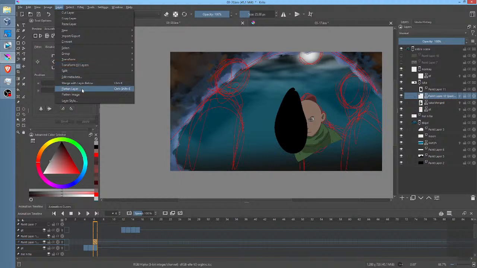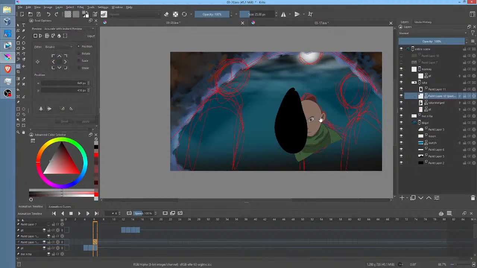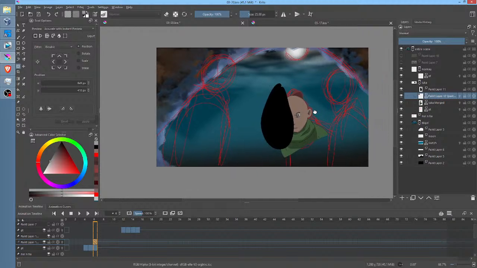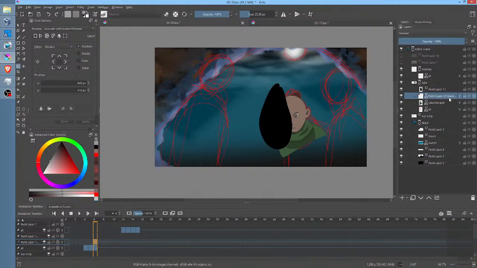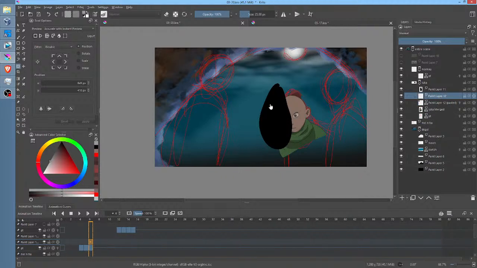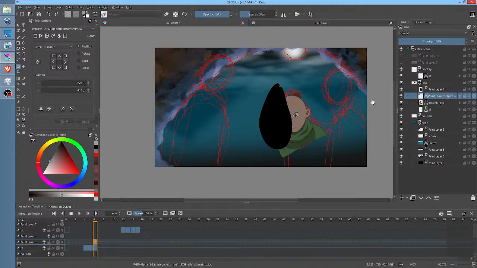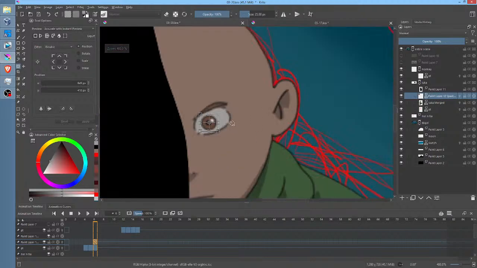I wonder what happens if I flatten the layer. That didn't do it either. So, sorry guys that you have to sit through this, but I just do not remember. Okay, there's another way. Create a layer and hit Control E and merge it down immediately. It still didn't work. Oh my God, it still cropped it to the drawing, and that's not what I want.